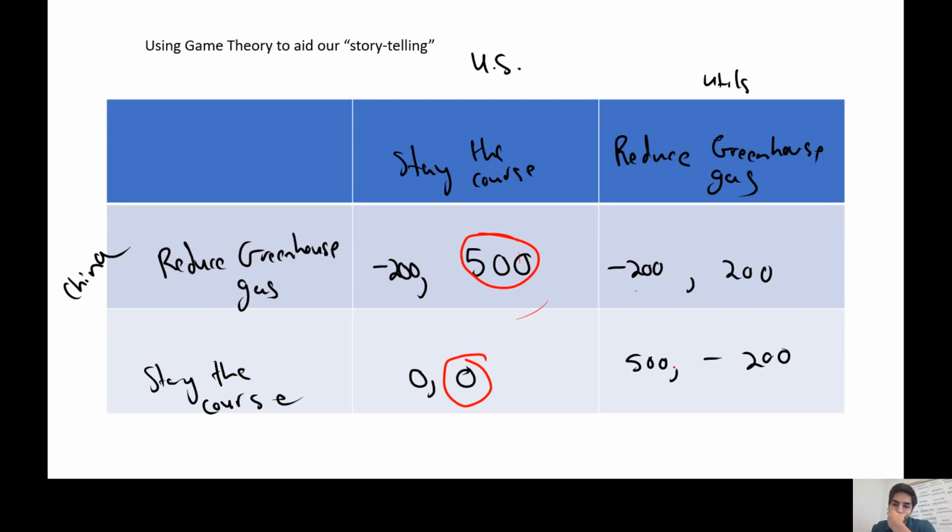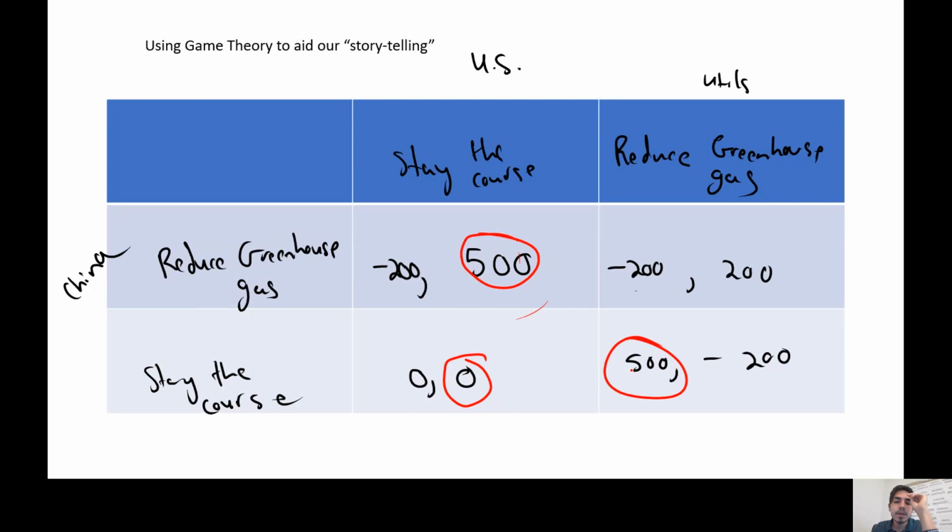And then finally, we'll see if China has a dominant strategy, but since we expect the US to play their dominant strategy, the best response to the US playing the stay the course strategy would be the solution to the game. But we're also going to see if China has a dominant strategy. So let's cover up the US's option, and let's assume that the US decides to reduce greenhouse gas emissions. What would be China's best response? Well, China's best response would be to stay the course, right? Because they want to shirk the responsibility of reducing greenhouse gas emissions and just have the US do it.